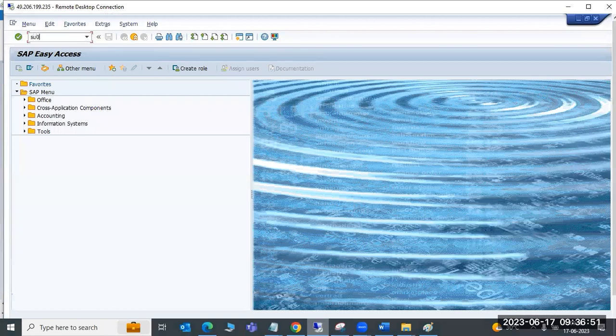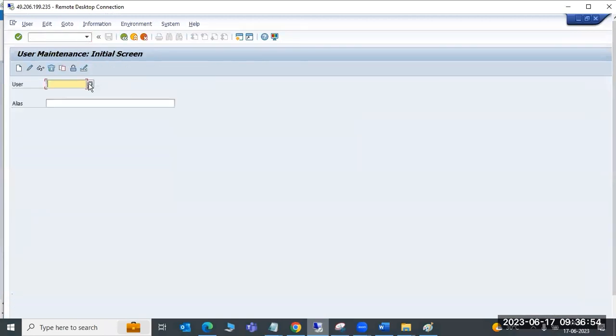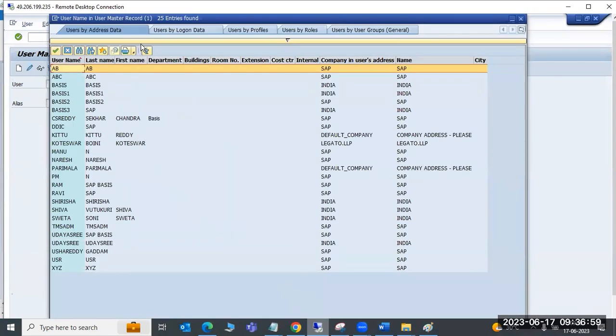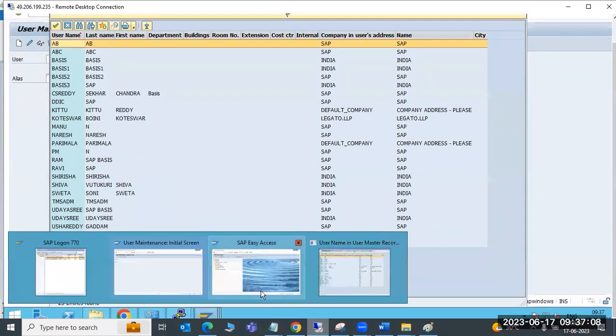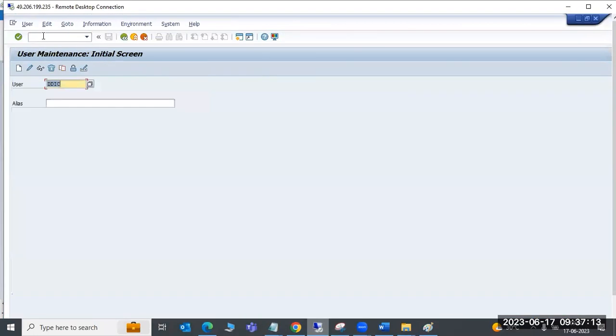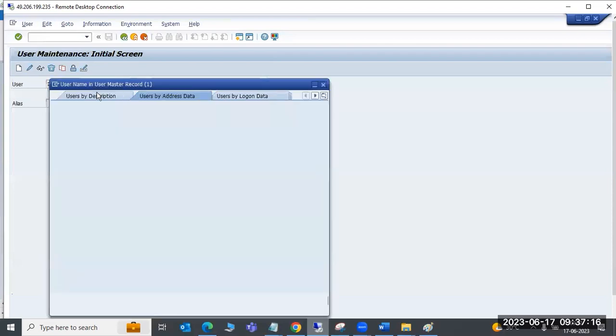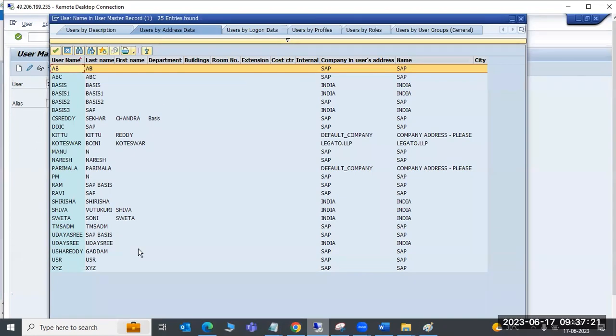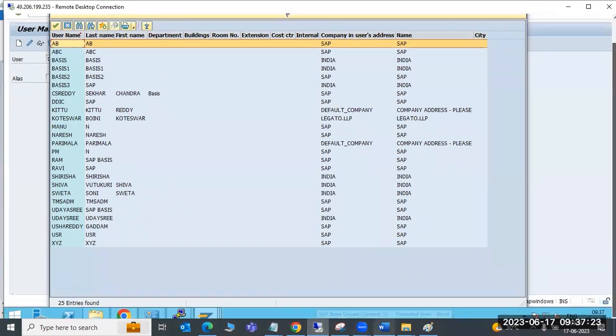So how can we check the users, right? We can simply see here. If you go to the SU01 transaction code, security, if you pull it out, see here, previously we had only 9 entries. Now we have 25 entries here. All users who are there in the ECP, this is the NWD system. We go to the ECP system, whatever users are there, all users are pulled from the system. All 25 entries,